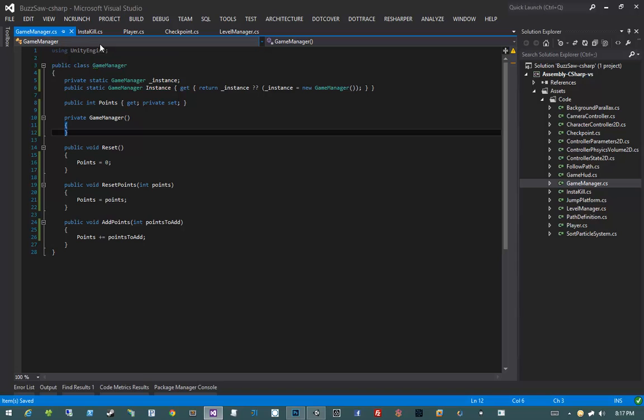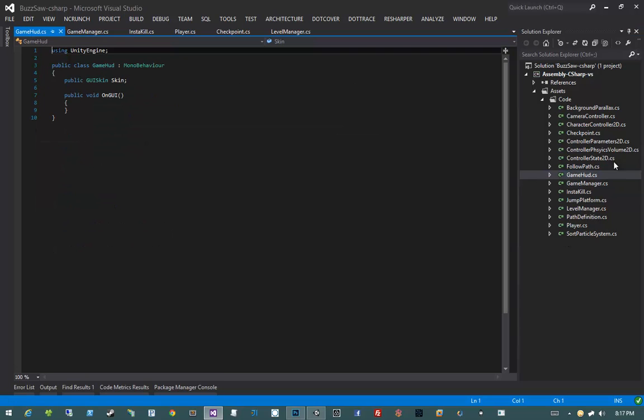Okay, so we've done a whole lot of stuff with our level manager, and we've finally written our game manager that'll serve us for a good while here. The next thing I want to do is jump into my game HUD. That's because in order to actually test the stuff that we just did with points,